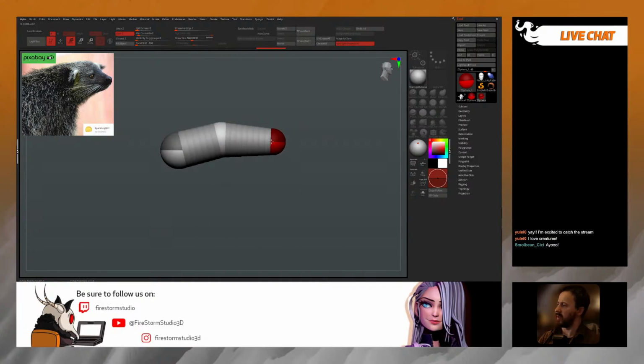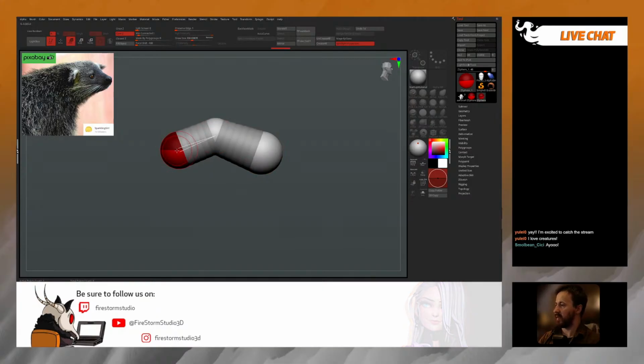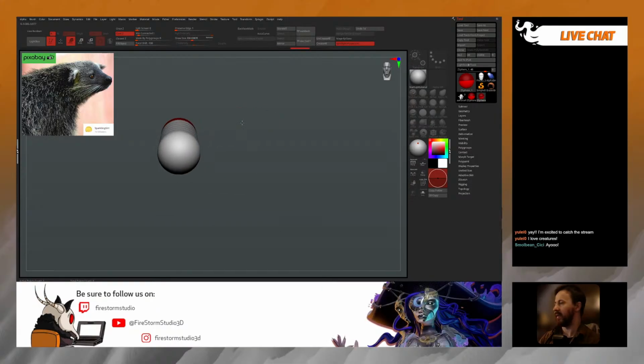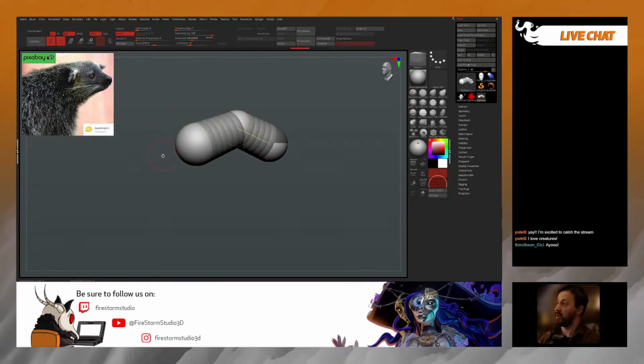So all I'm going to do here is start to kind of build out the rib cage here. So this area here is the rib cage. Got the spine over here, and then this is going to be our hips. And if you've never used Z-spheres before, all I'm doing is using the draw tool here, and as I hover over my mesh, I can click and drag